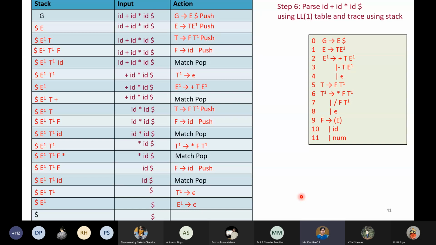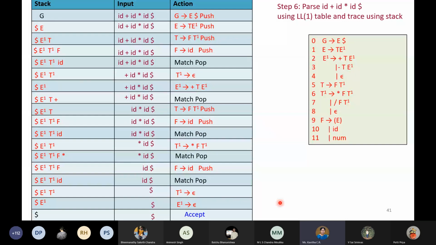Now what happens to the content of the stack? It is only having dollar. And what is my input buffer having? That is also dollar. Means now the top down parsing is completed for this particular string. I can say it is accepted. Why? Because I could reach this point, dollar and dollar, and everything is successful. That's why I could get this situation, and therefore it is accepted. Otherwise it would have stopped somewhere.